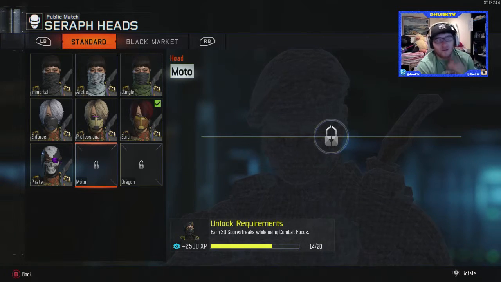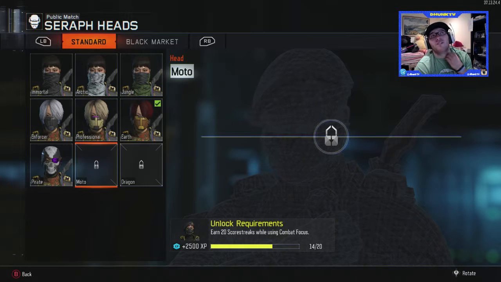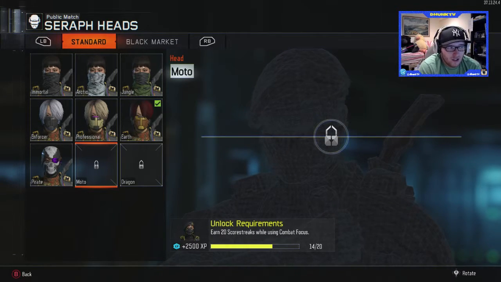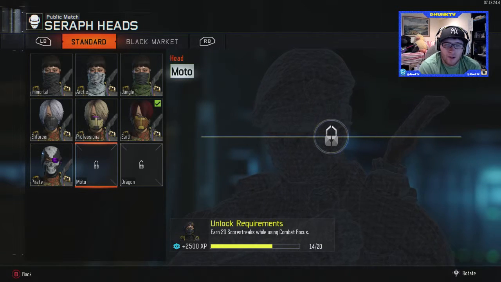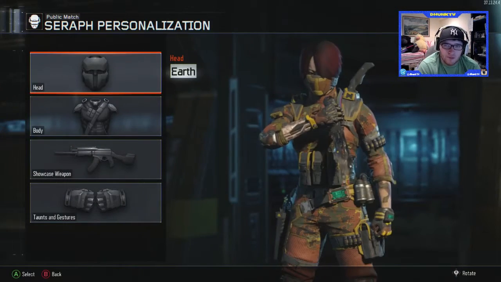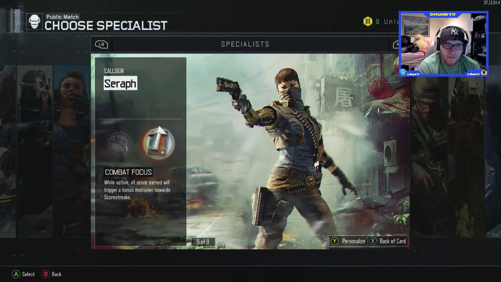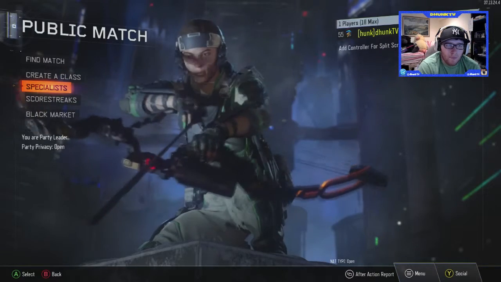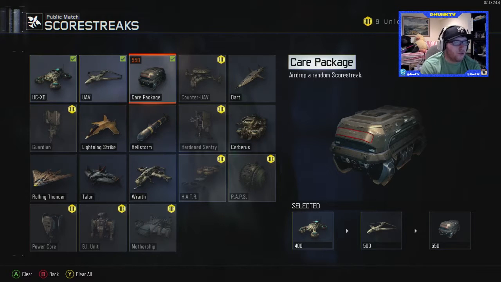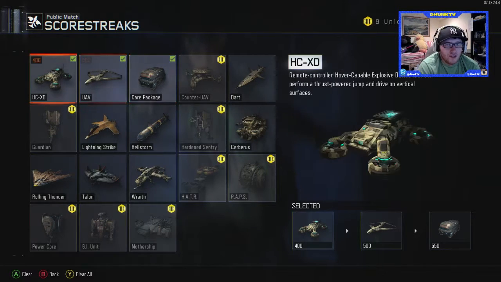And I mean, because it's double XP for literally probably about 30 seconds. So if you play your cards right, you can get 2, maybe 3 at a time, depending on how many enemies are around. But we only need 6 more of those, which is pretty solid for that. Let's see, the score streaks that we've been running are HCXD, UAV, and care package, just because those are the 3 lowest that you need